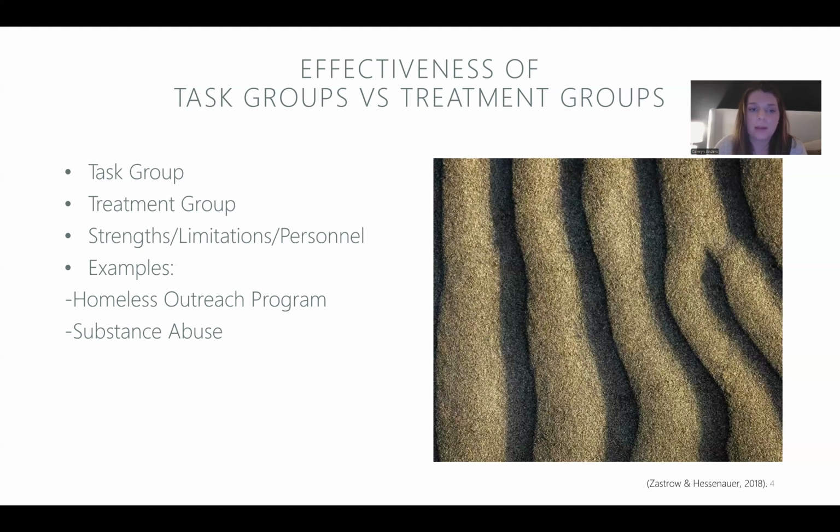A treatment group that we hear a lot about is a substance abuse treatment program, and it's common for the individuals in there to focus on struggling with substance abuse as they navigate recovery and what that looks like for them. In that group, they discuss valid concerns for a possible relapse in their life, and they give and receive accountability and support through that interaction of that shared experience with group members. It's just a really supportive group as they learn to navigate life after substance use.